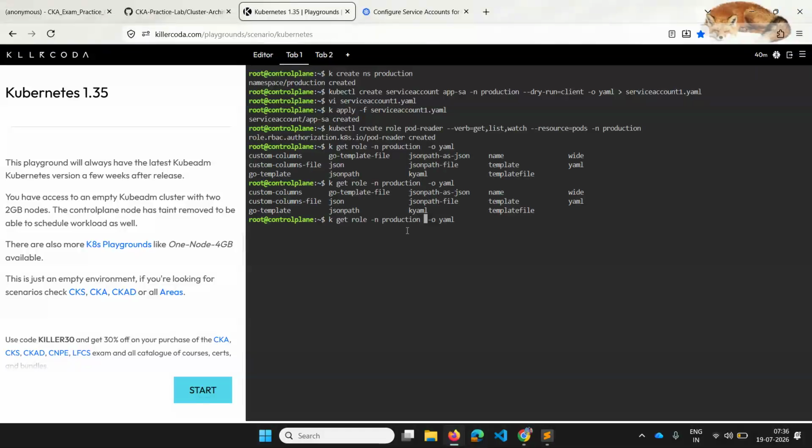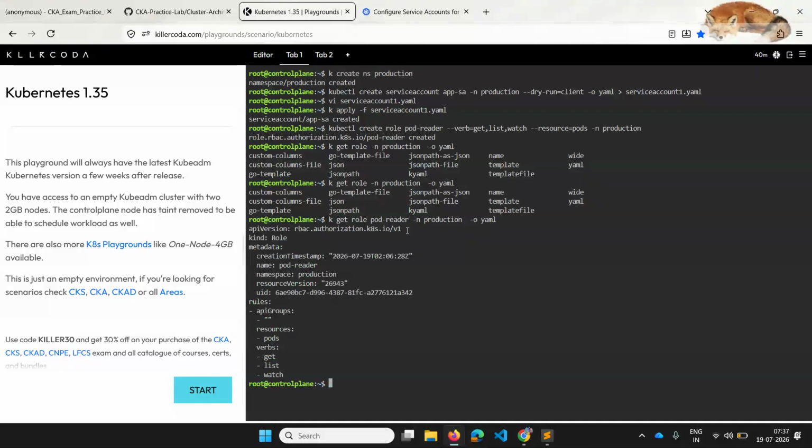And what is the name? Get role of pod reader. This is how it got created.